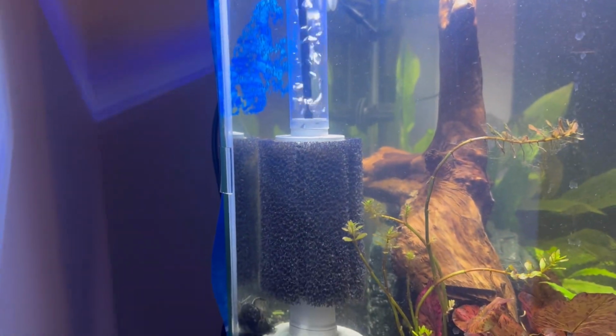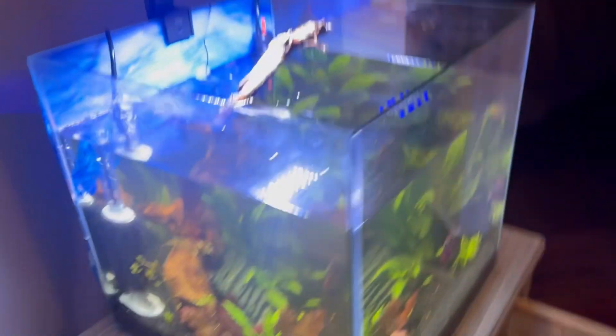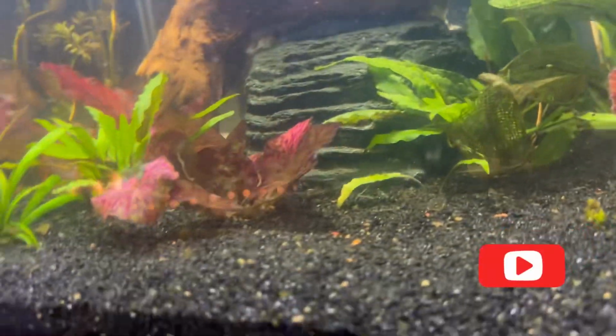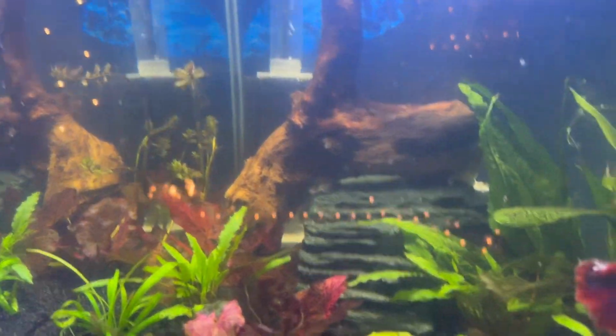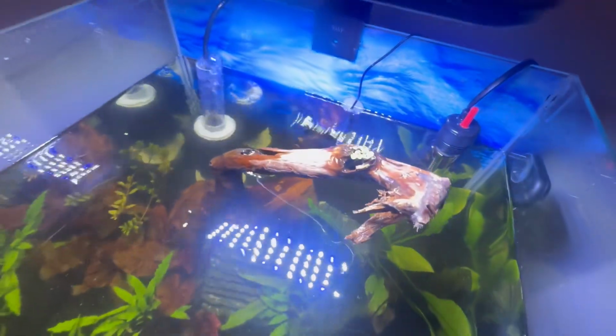And clean the sponge filter. It's already time. You gotta clean it once a month. And pick up as much as you could, say, dead plant material and all the poop that I could, pretty much. And to show you perspective, this is right here